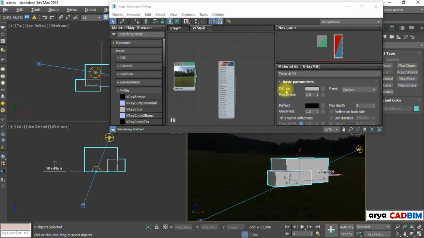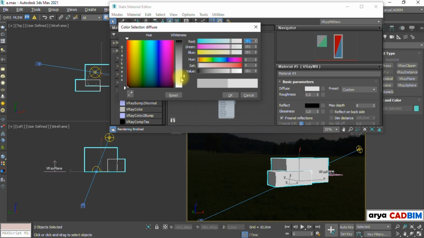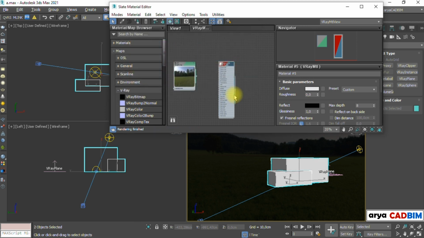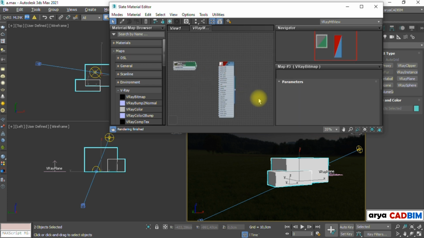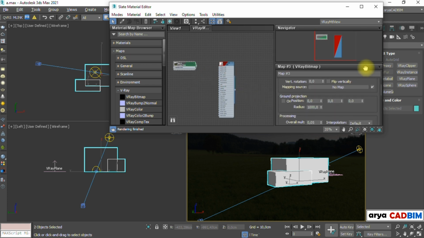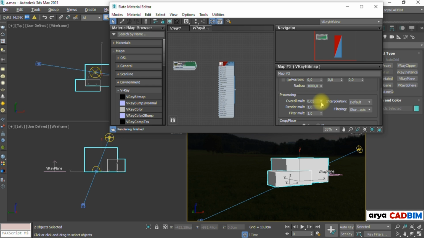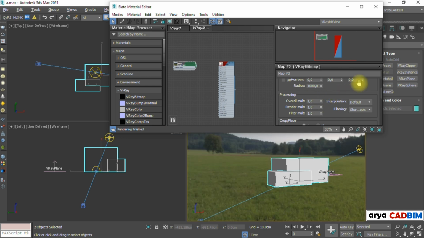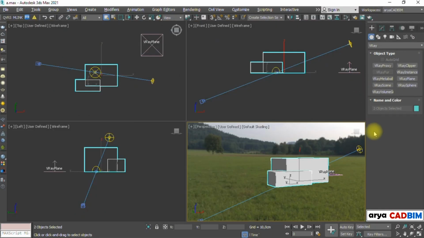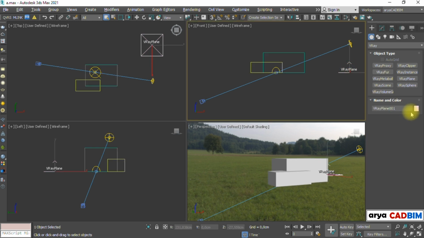Let's change the color a little bit. Okay. Change the overall multiplier back to 1. Let's choose a green color for the V-Ray plane.